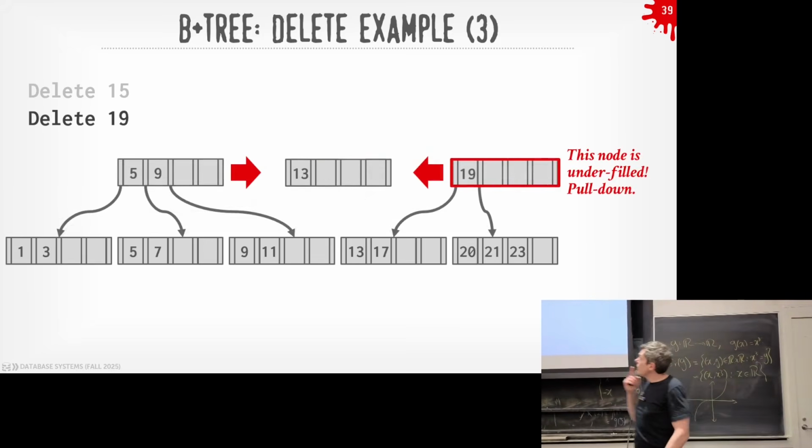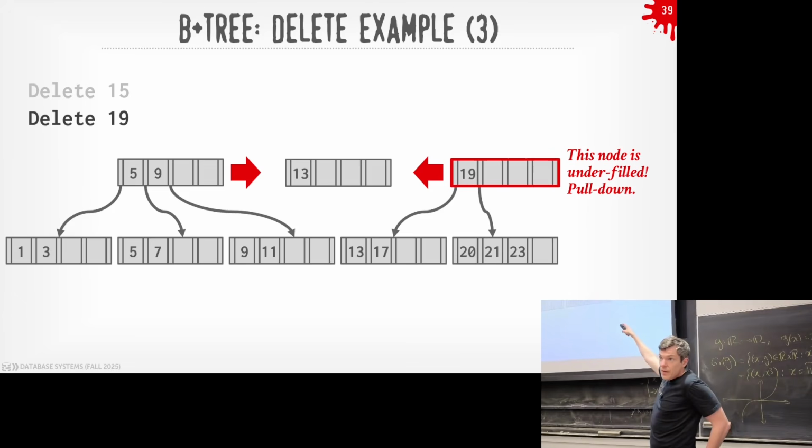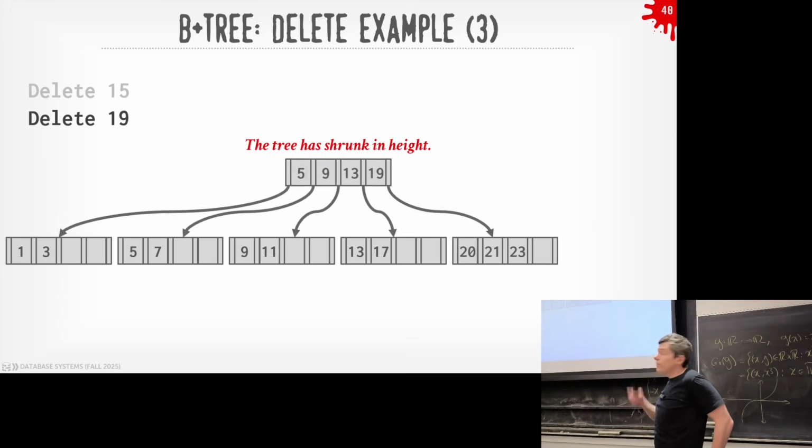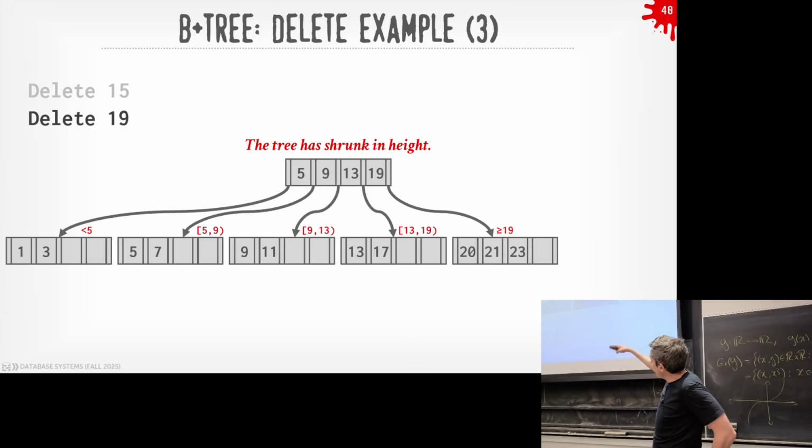But point out here, I deleted key 19, but I still have key 19 in my inner node. In a B+ tree that's okay, because it's just a guidepost to tell us where to find the things we want. You wouldn't say, oh, I have key 19 in the inner node, I'm looking for key 19, I'm done. You always have to check the leaf node to see whether it actually exists. So we can throw away anything we don't need in our inner nodes when we do this compaction or merging, because we're not throwing away real data. As long as our discriminator keys correctly point to the parts we want in our leaf nodes, it's okay for us to go from 5 keys to 4 keys.